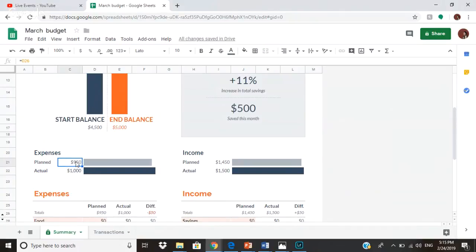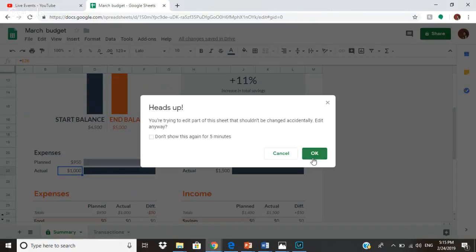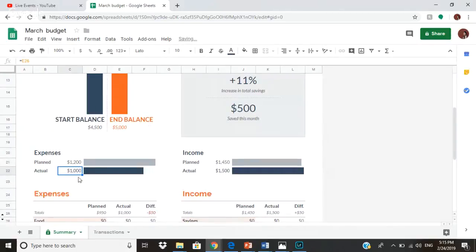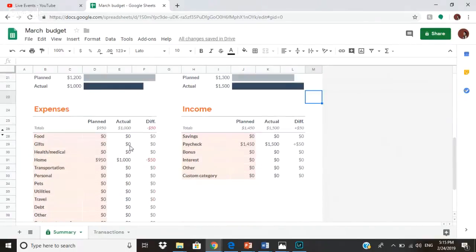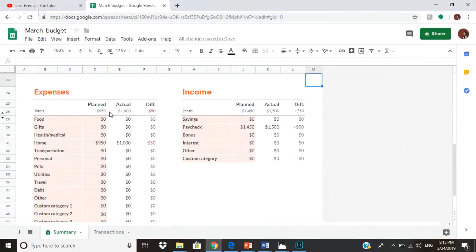We can say how much our planned expenses are. Say we would plan to spend 100, and that we actually spent 1,000. Our planned income would be this. And so we've actually made more than what we've planned. So then this is how we would start off